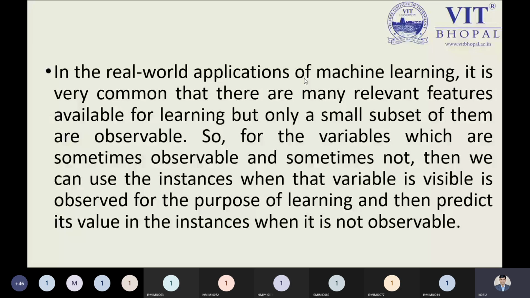Few things we have to keep in mind from the previous example. So I will remind you. Don't worry. In real world applications of machine learning, everything in the data set is supported by features. If we try to do something over the data set, we have to use the features, and these features could be observable or non-observable. When we talk about an observable feature, it is one on which we can do something for solving the problem, and those are recognized as observable features.